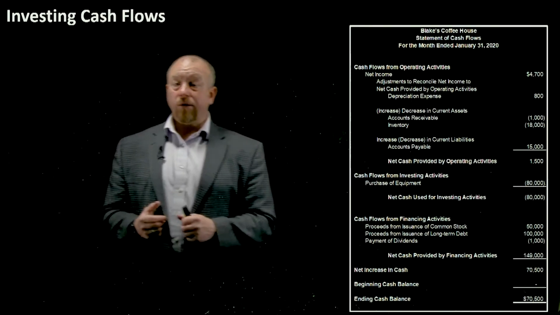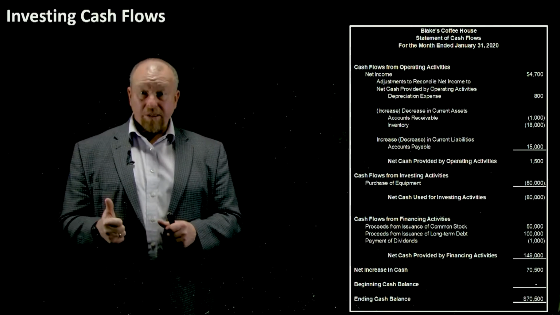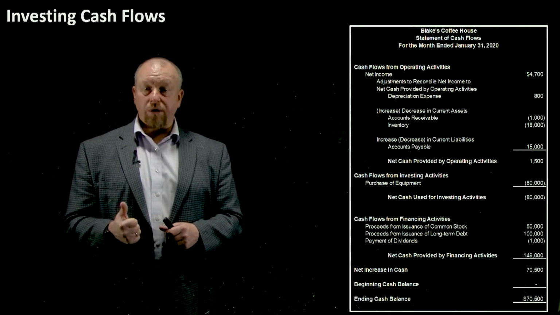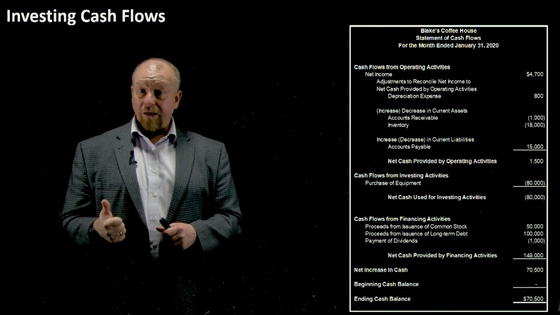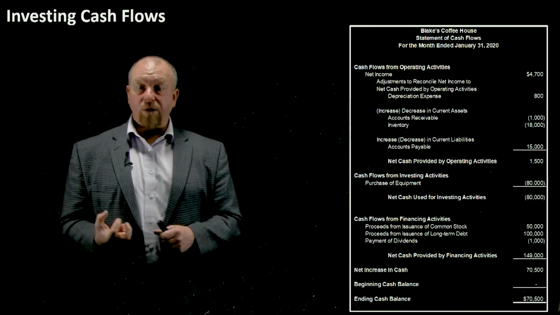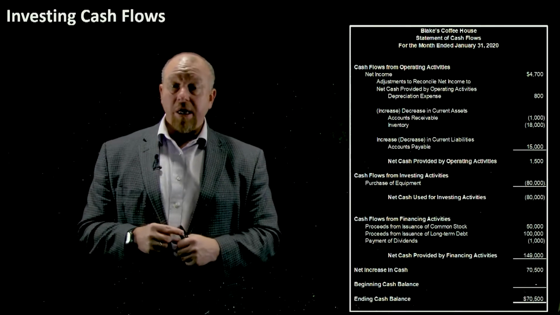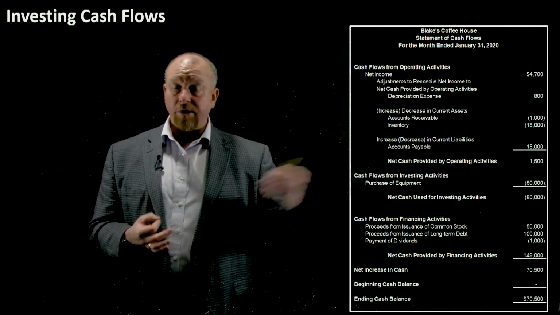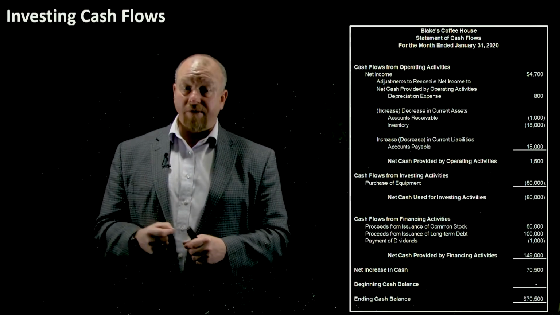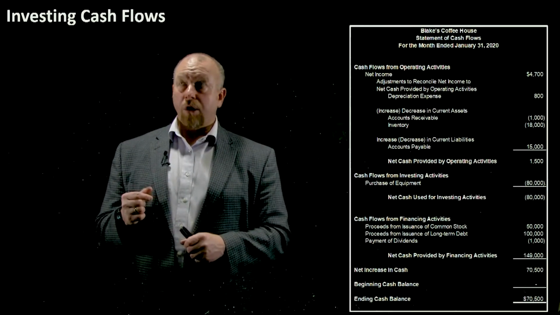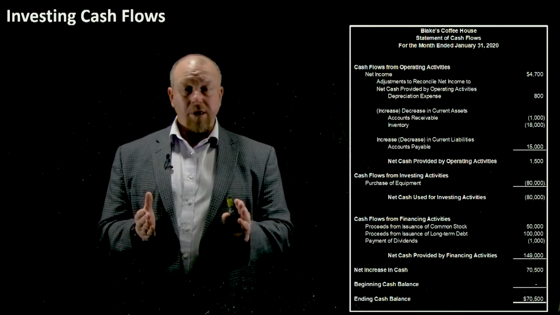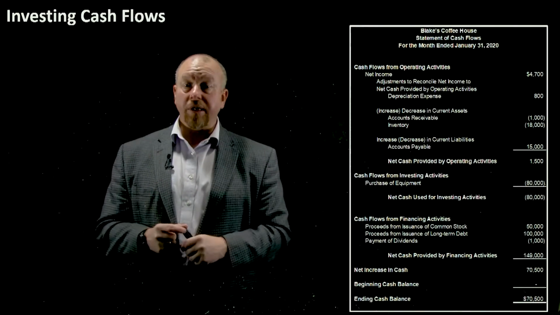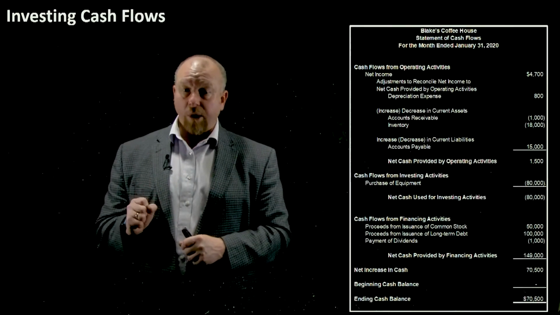And sure, that might be a source of cash in the short run, but eventually, if you sell enough espresso machines and enough tables and chairs, if you sell the infrastructure that you use to generate a profit, you no longer have a business because you wouldn't have any resources to conduct your operations. So you actually should be cautious if you see positive investing cash flows, especially pervasive positive investing cash flows. That should cause you to wonder, is the company struggling? Are they liquidating assets to try to cover up operating cash flow deficiencies or something like that? It should make us have a question.